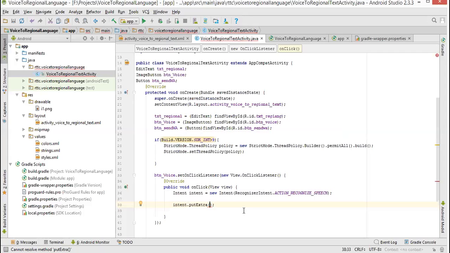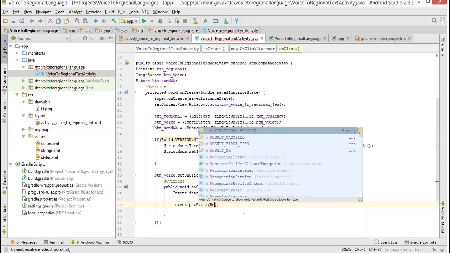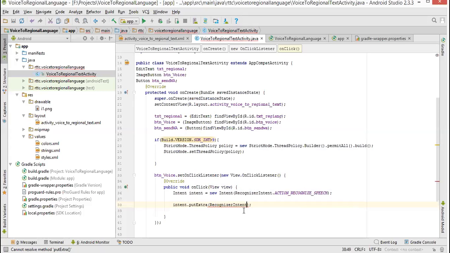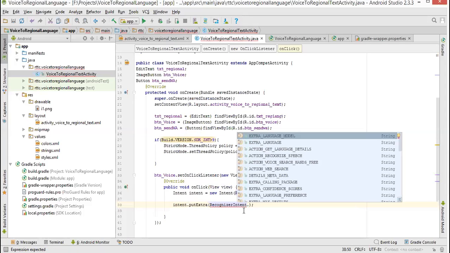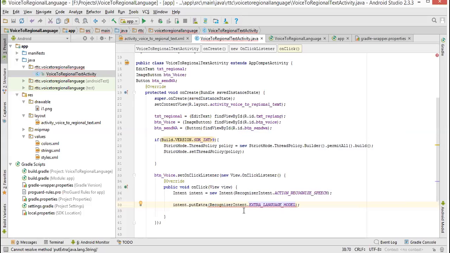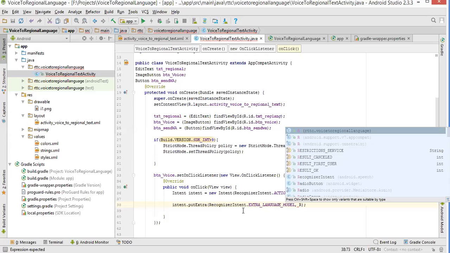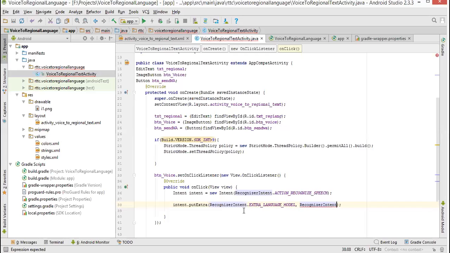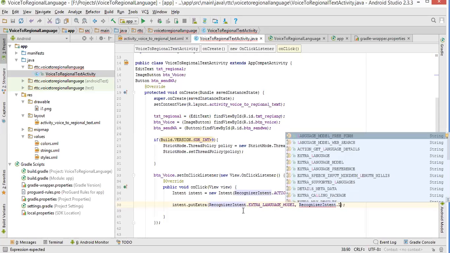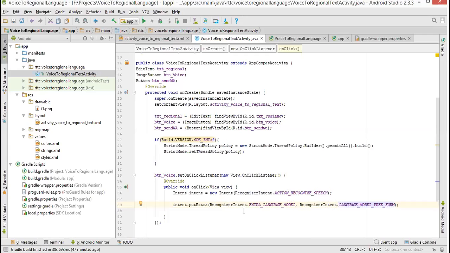You have to put again RecognizerIntent dot EXTRA_LANGUAGE_MODEL, comma, and you have to give RecognizerIntent dot LANGUAGE_MODEL_FREE_FORM.